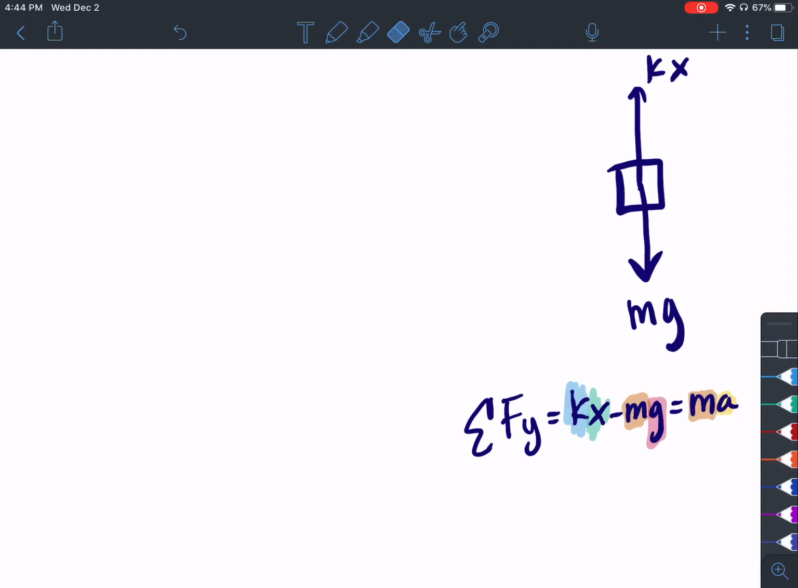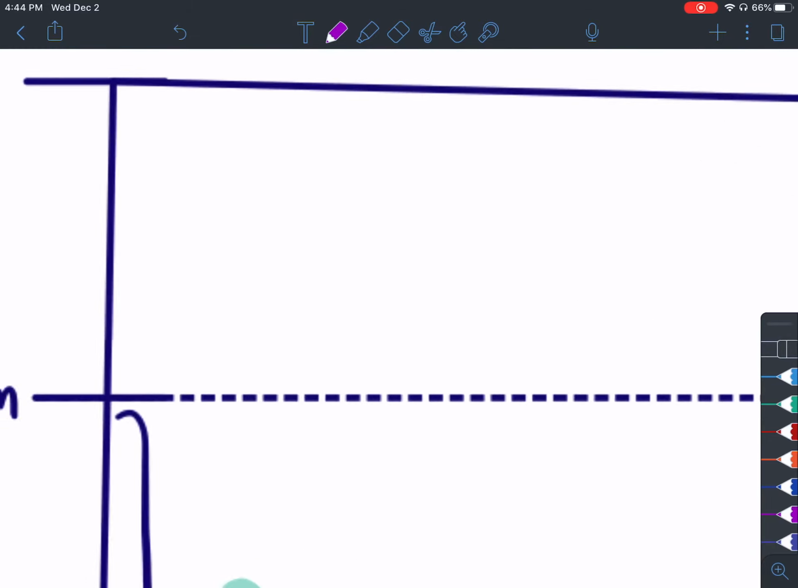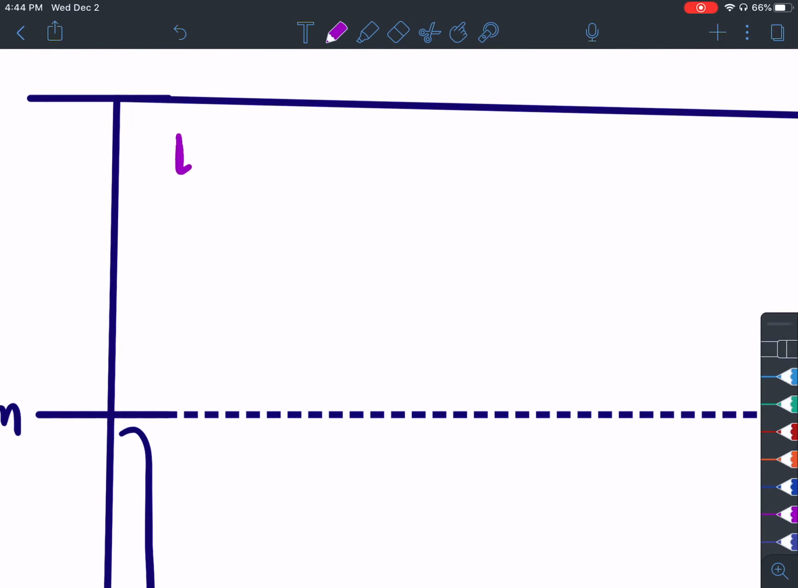We can actually say that we know X, which means that we really just need energy to solve for K. So that is our big goal here, is saying how can we solve for K? So now we need to look at the energy at each of these places. We're going to change colors to do that. So at the top,